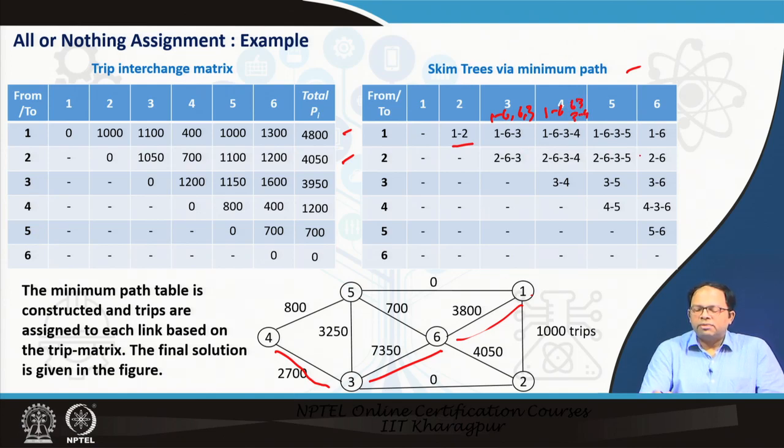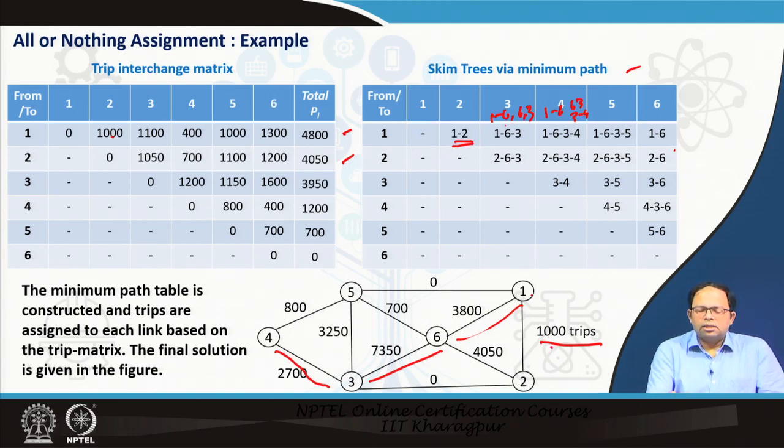So, in this way we get the different links, and once we have that, we now need to put the link volumes into each one of these particular links. For example, when we have 1 to 2, is there any other place where 1 to 2 is there? If I look into all this data, I do not see there is any other 1 to 2. So, that means the 1 to 2 value is 1000. Let us look at 1 to 2. What is the value? There are 1000 trips. So, 1 to 2 has not been repeated in any one of the shortest paths. So, that is why these 1000 trips are fully assigned to 1 to 2.